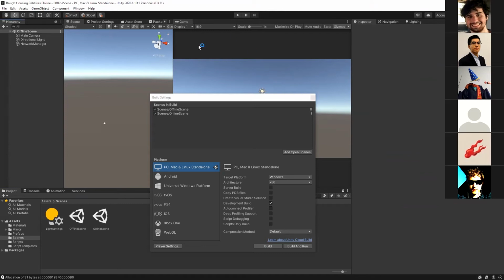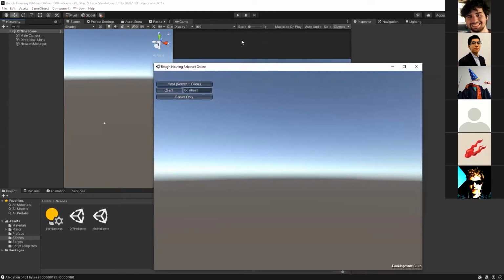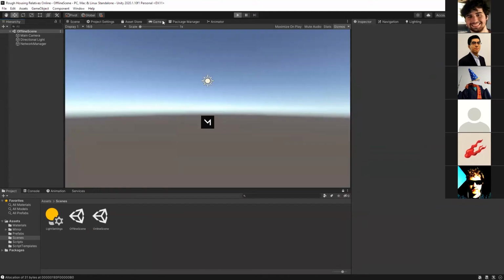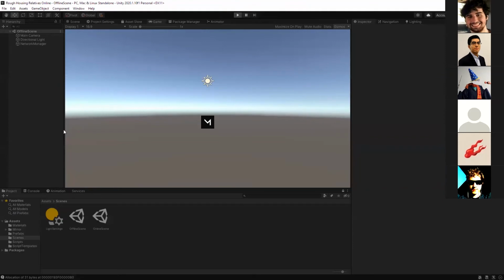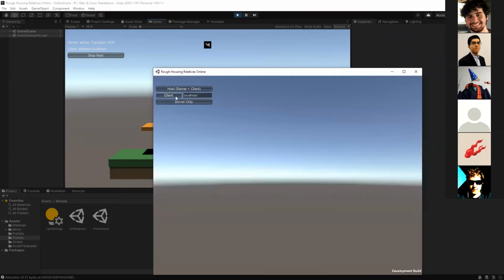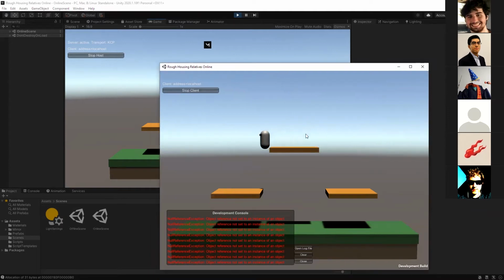And I'm going to use the Unity editor as one of the instances so I can see what's going on. I'm going to press play on the Unity editor here. And now this is the server plus client. And on this one, I'm going to connect to the client localhost. And localhost is just the computer.